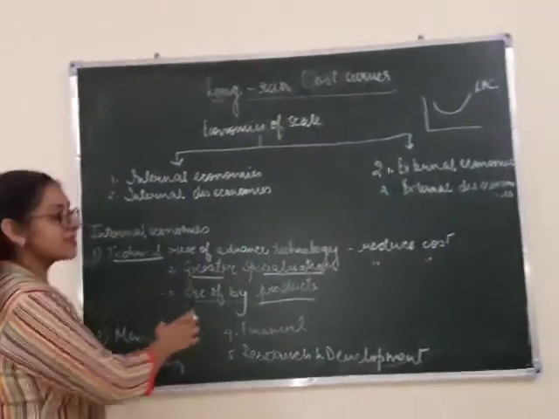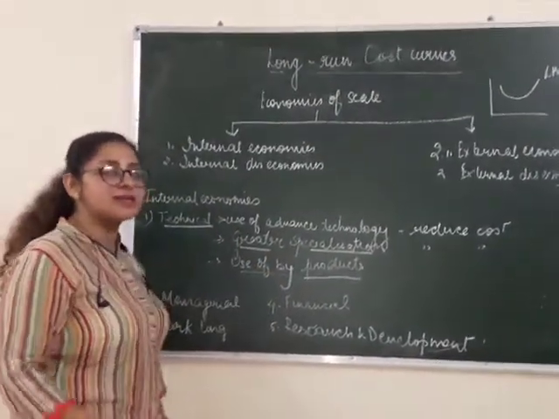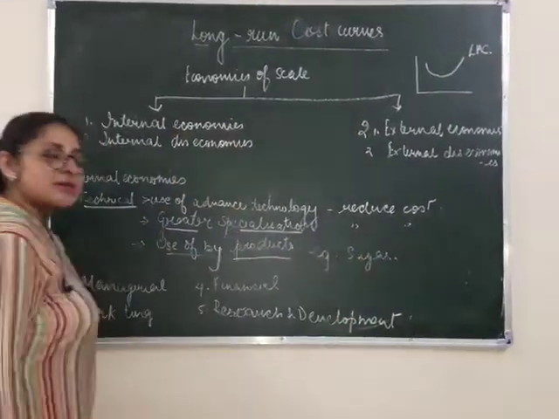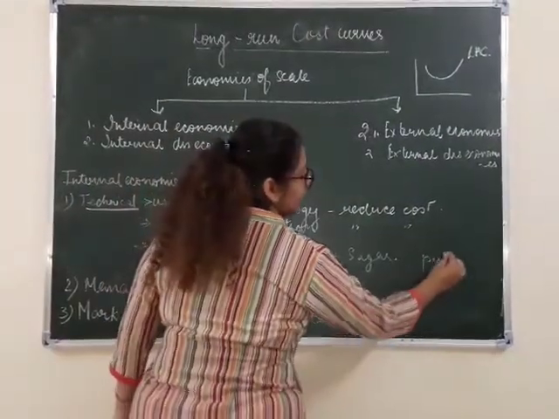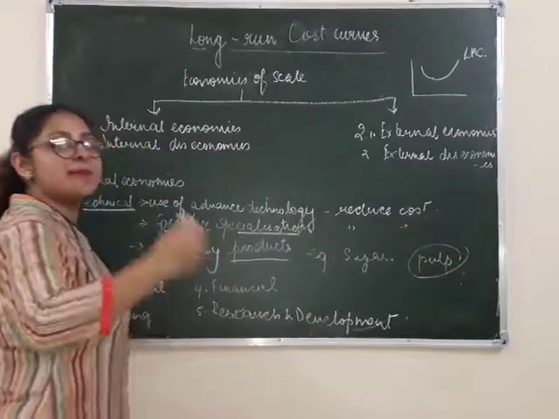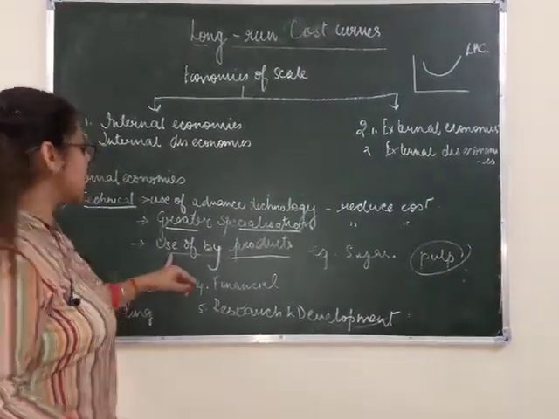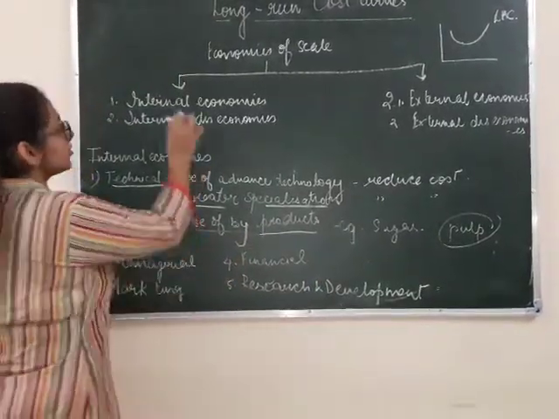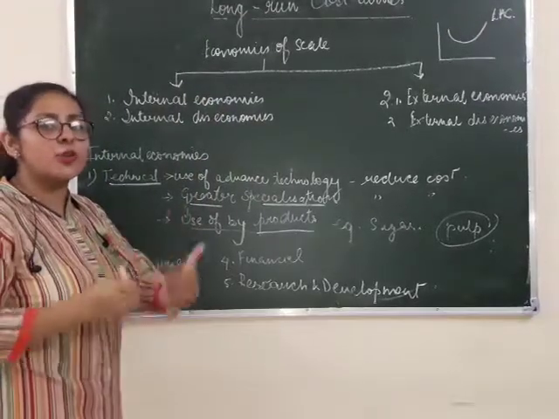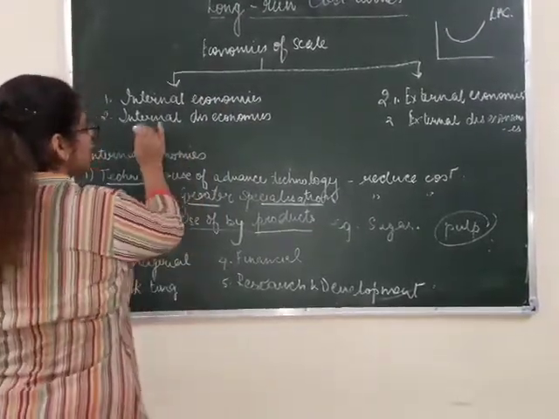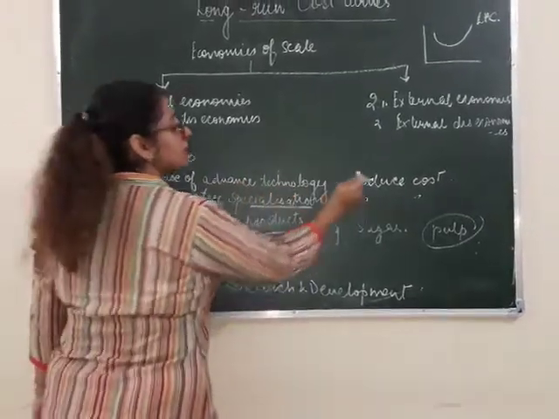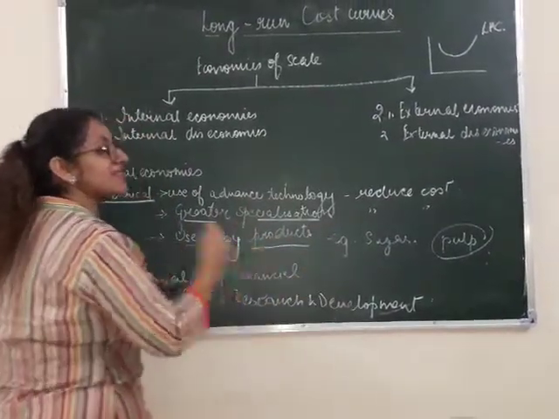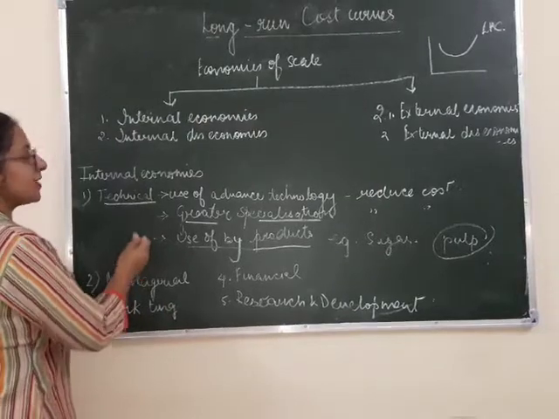Clear? Another example to understand byproducts is sugar. For making sugar, there is wastage also. The pulp that comes out can be used in making bags, mats and so on. So this is how we can use byproducts. When we are using everything well, that is your internal economies. When everything starts going out of balance, that is your internal diseconomies. Means when your technology becomes obsolete, your specialization is not there, you are not using the byproducts, you are just selling your scrap. So these are your diseconomies.